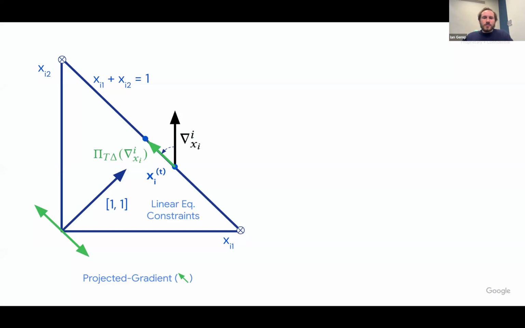Okay. So what I'm showing here is just a simplex for player i's action set. Player i just has 2 actions. And so this is its simplex. Say the current strategy is this x_i(t), and say we derive a gradient for player i that is this black vector here. If you were just to measure the length of the black vector as a proxy for telling you if you're at optimality or not,